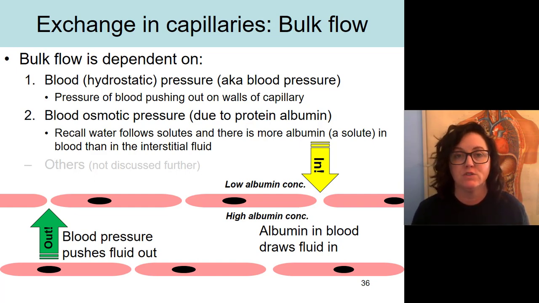So don't forget, osmosis is just the diffusion of water towards the area of higher solute concentration. So water always moves towards the high solute. The most important solute here is the blood plasma protein albumin. Because albumin is found in the blood, it serves to draw water via osmosis into the capillary. So this is an inward pressure on the capillary. There are other pressures that can be involved with capillary exchange, but for simplicity's purposes, we're just going to talk